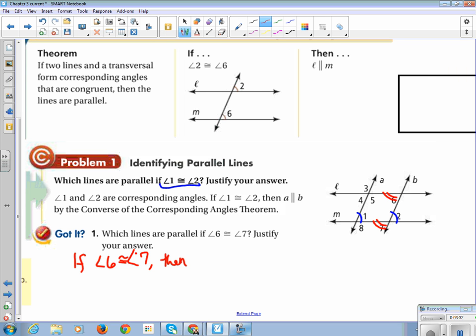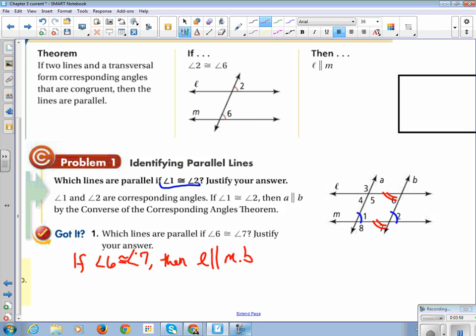Our choices are L and M or A and B. Which ones do our reds touch? The reds both touch B, but neither of them touches A, so it's not A and B. But they both touch M and L. Then L is parallel to M